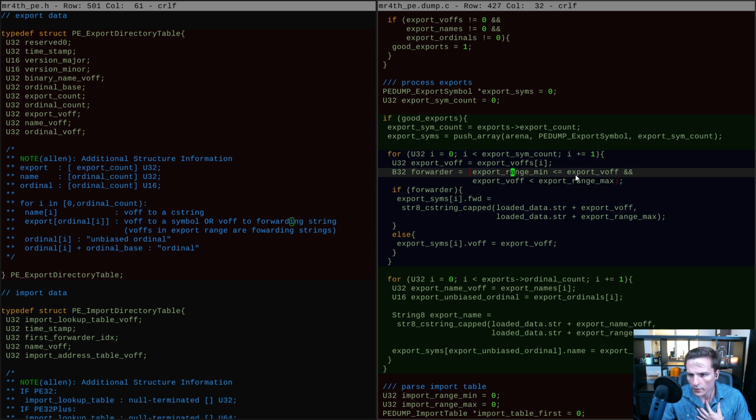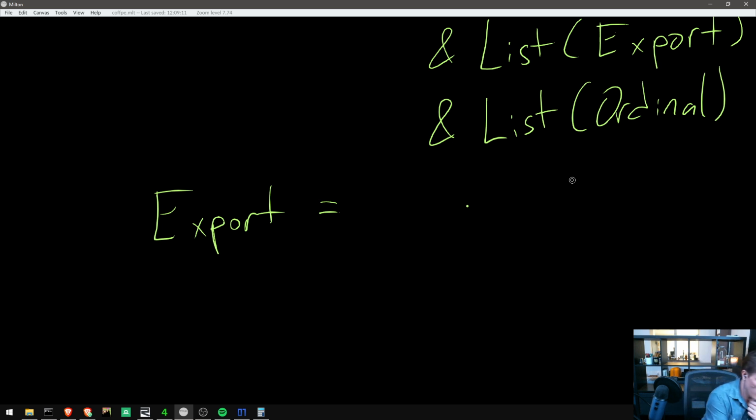All right, it's a forwarder if export range min and export range max. Okay, so if it's within a certain range, got it. So an export is sort of either a symbol v-off